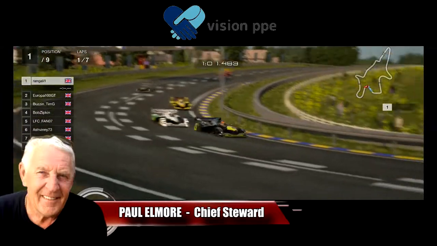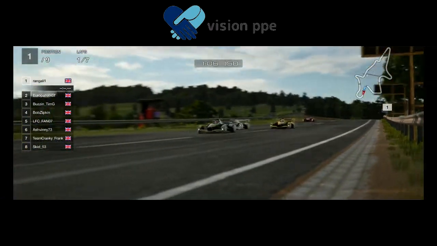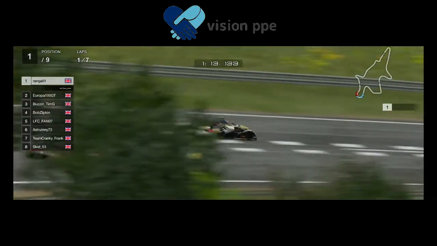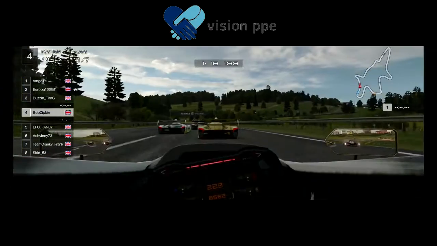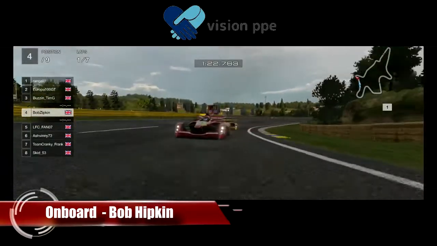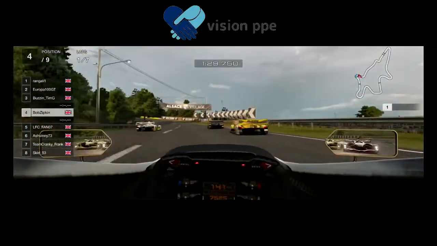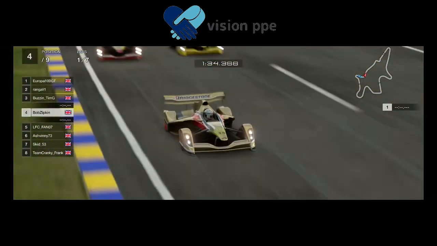Paul Elmore is your chief steward, as per always. He's going to be looking out for corner entry and corner cutting on the track limits then, and they're all over the back of Kevin Butler now. You can see Will Cottrell trying to find a way by as Buzzin gets a slipstream off. Buzzin's all over the back of Will Cottrell like a rash, and Bob Hipkins in there as well. Callan's trying to get up the inside of Ash Vinny here. Seems to have pulled that one off. I think he's just going to head him off into the left-hander up the hill. No, Ash is